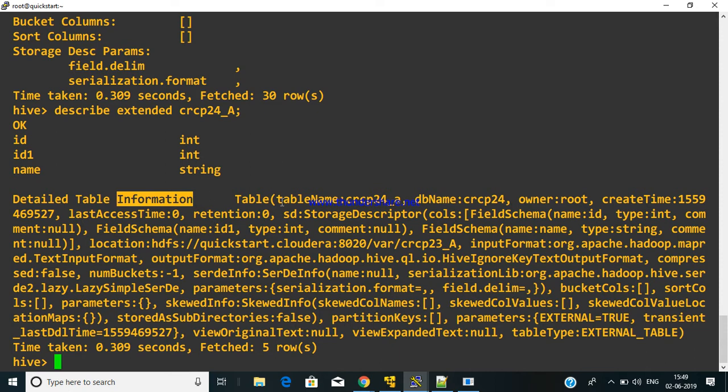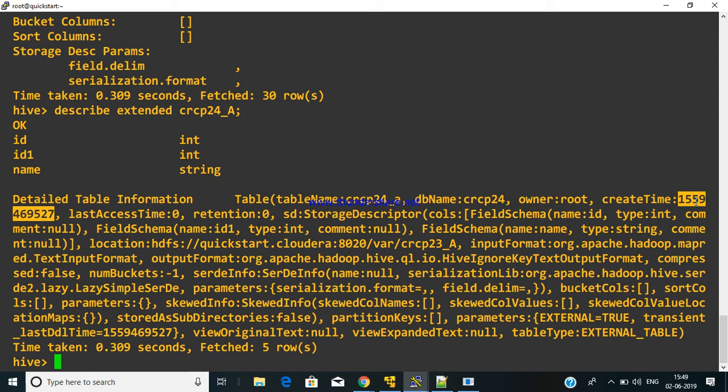Yeah, column names, table name, DB name, owner, create time. See, here also when they created it, they have given it in that format. I want to convert this format to year, month, and date. That's it. Describe table gives just the columns with respect to data. Describe extended, describe formatted give end-to-end details about your table: when it was created, who created it, under which database, and when that particular table was last accessed. And show create table, table name, will give you the exact syntax of how they created it with default